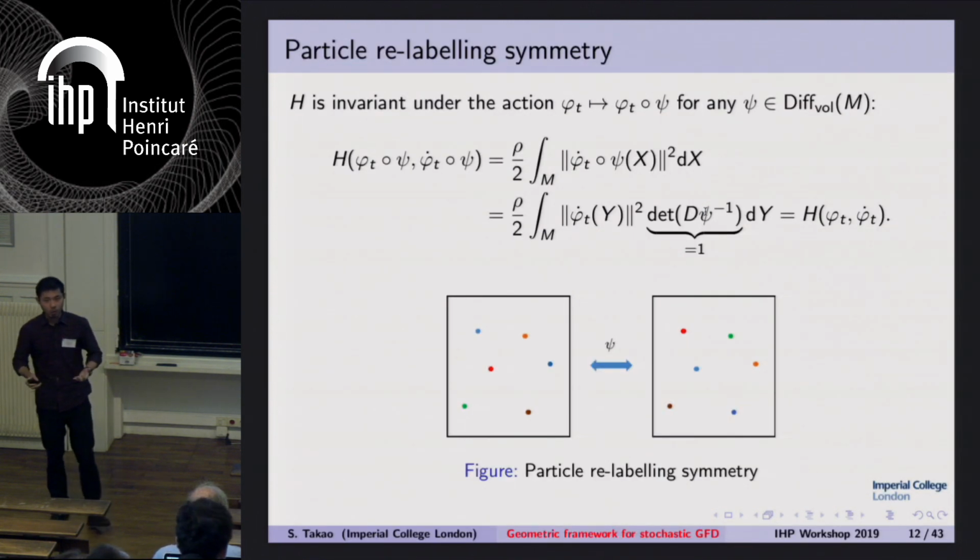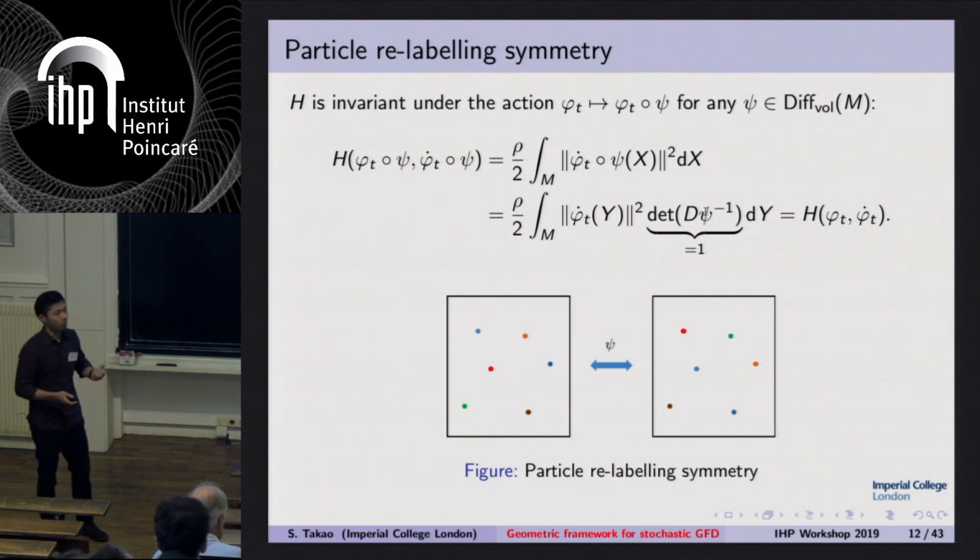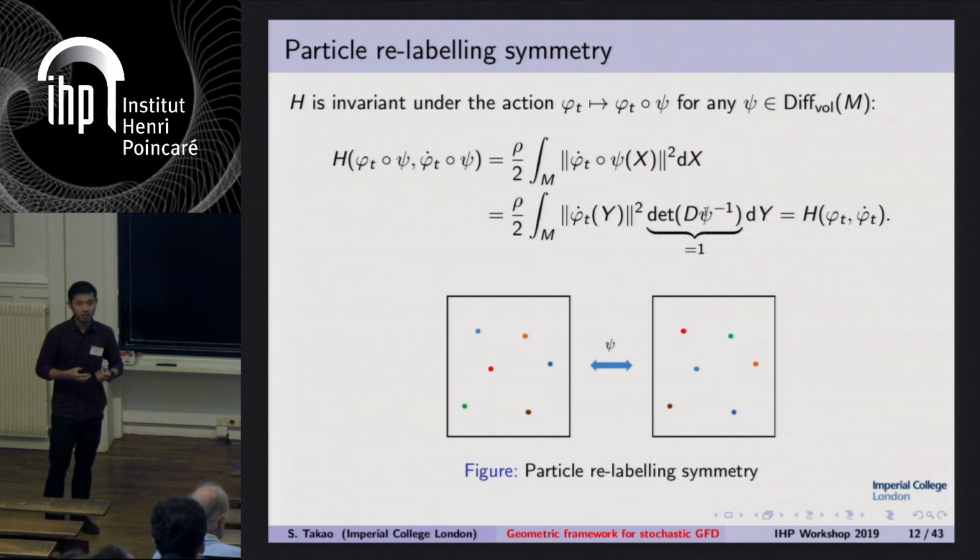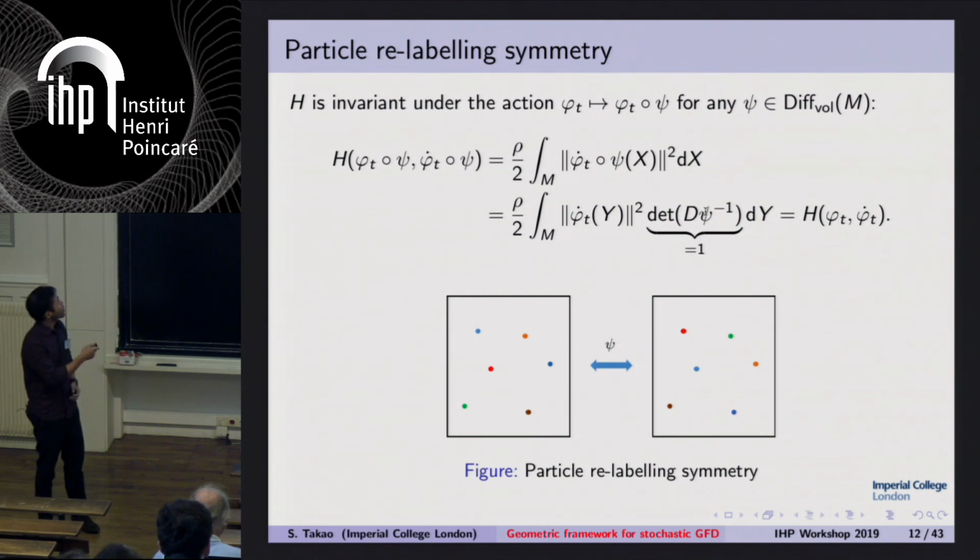Right, so the symmetry of your fluid. What I mean by symmetry is any transformation that leaves your Hamiltonian invariant, okay? So if we consider this action of the diffeomorphism, if we take any volume-preserving diffeomorphism psi, and we precompose the diffeomorphism phi by psi, then my Hamiltonian becomes this expression here. Then I use the normal change of variables. So let's say that my psi of x is equal to y, and then I do a normal change of variables theorem to get